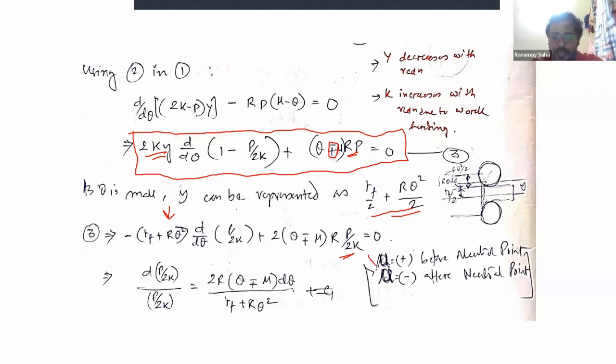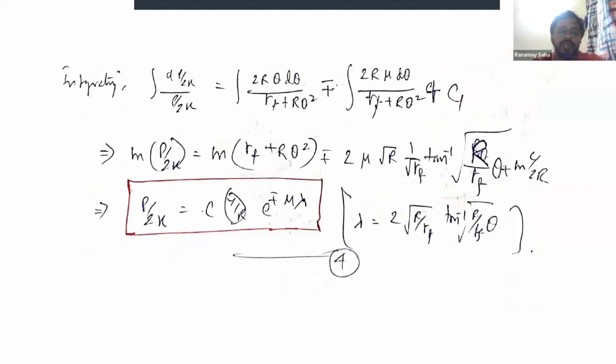So yeah, this is something we were just discussing just before this part. The friction coefficient is actually positive before the neutral point and becomes negative after the neutral point. So to consider that, we have taken the minus plus sign. So you just rearrange this equation, d of p by 2k, you divide that by p by 2k, and then on the right side you take out whatever is left. Now you integrate both sides,